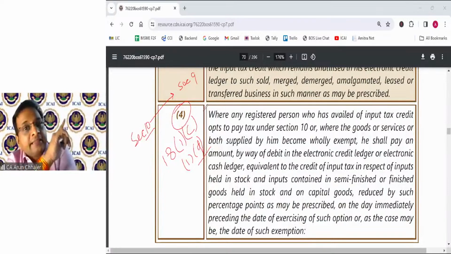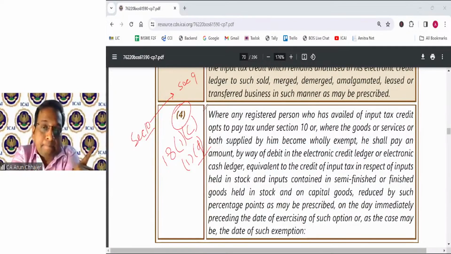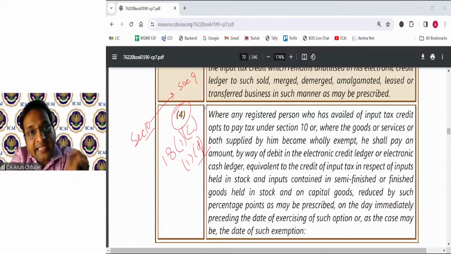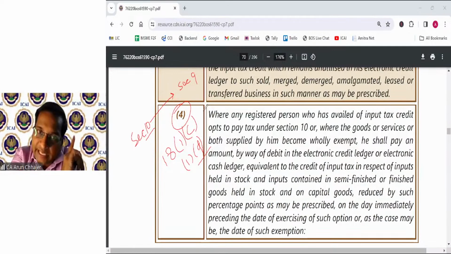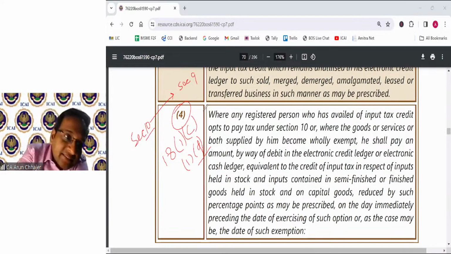Section 10 says that ITC on input plus ITC on capital goods, reduced by such percentage, you are entitled to take the ITC. And this